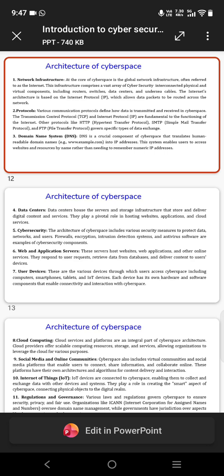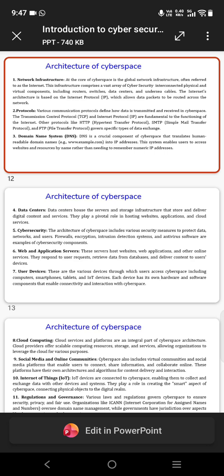This infrastructure comprises a vast array of interconnected physical and virtual components, including routers, switches, data centers, and undersea cables. The Internet's architecture is based on the Internet Protocol (IP), which allows data packets to be routed across the